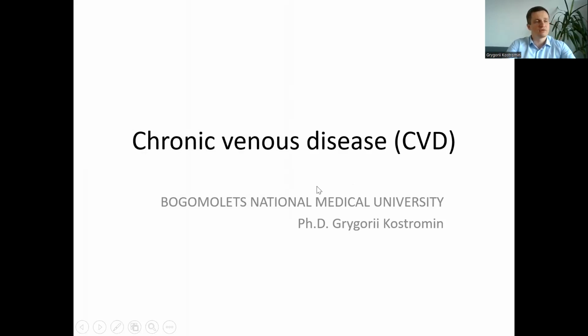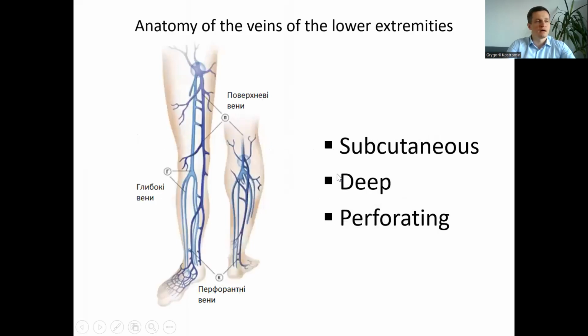Today we are going to talk about chronic venous disease. For a better understanding of the physiological processes that occur in the development of chronic venous disease, I want to recall the anatomy of veins of the lower extremities. As you may see on this slide, the lower extremities have